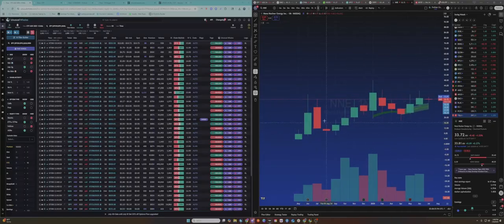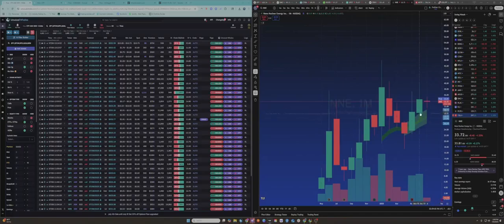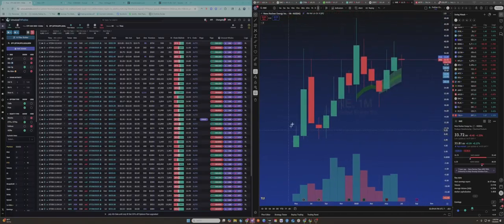I was specifically talking about this back in August a lot. We can look at that. It had sold back down, IPO'd, got that IPO pop, sold back down. And it's just chilling down here at the lows back in August.